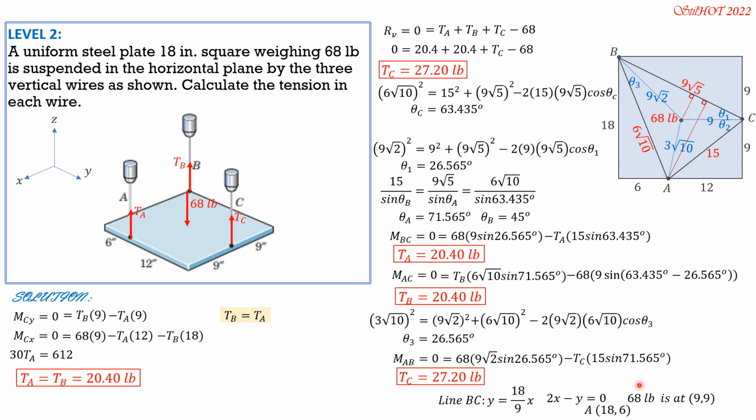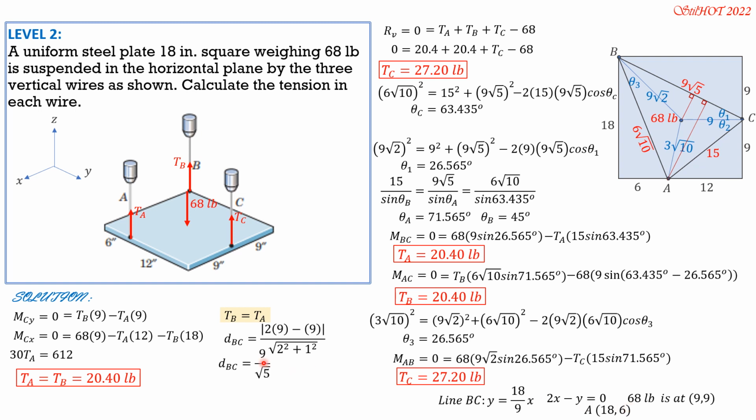So that is 2x minus y equals 0. That's the simplification of the equation of line BC. The 68 pounds is at 9, 9, while A is at 18, 6. Take note of that. So distance is absolute value of Ax plus By plus C over square root of a